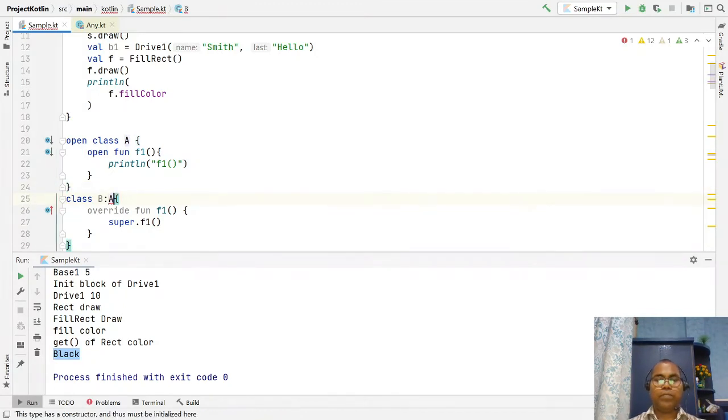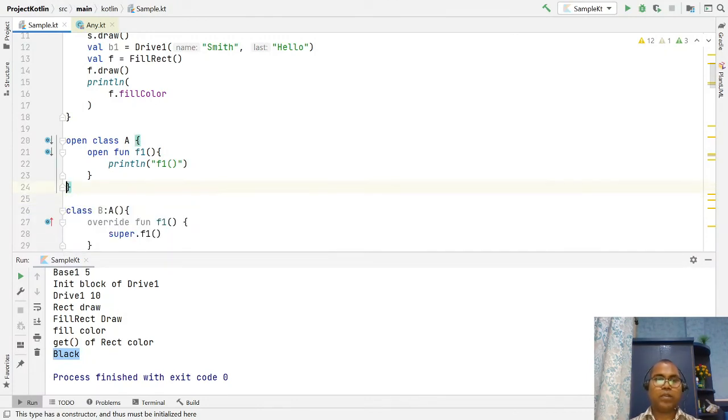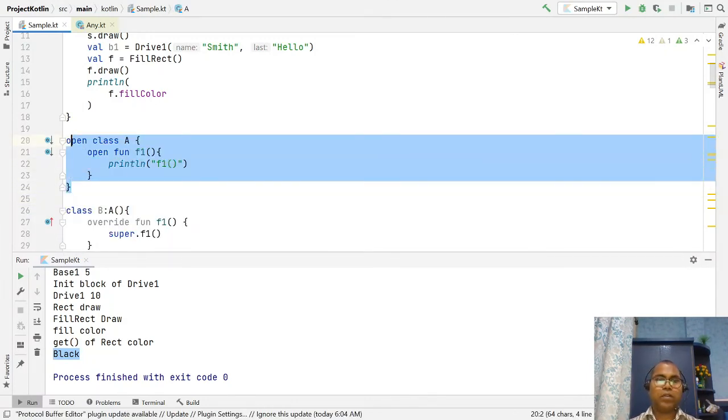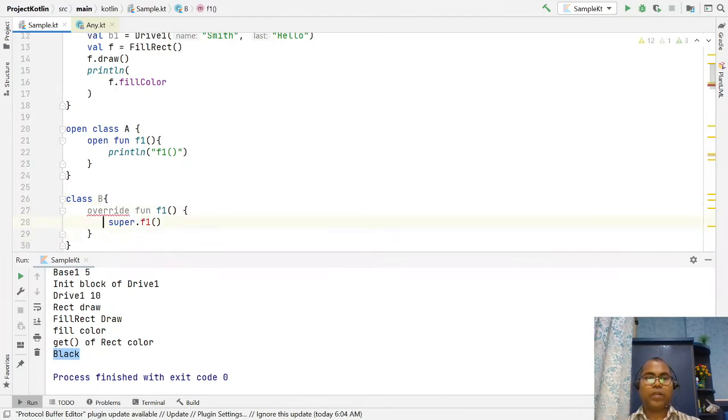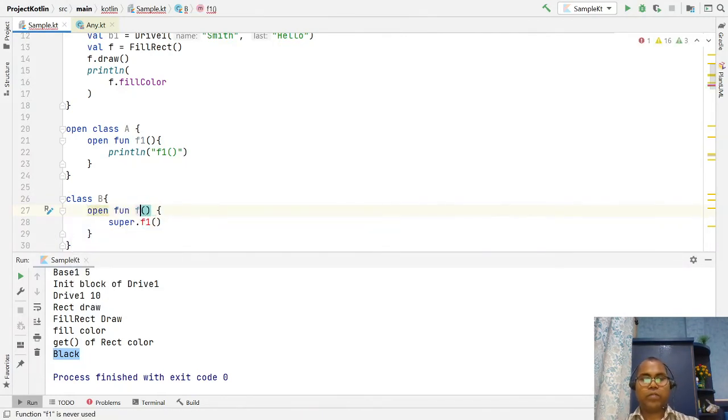That's okay. But what happens if we have another class, let's say, sub, so write this B class, and in the B class just write open f2.